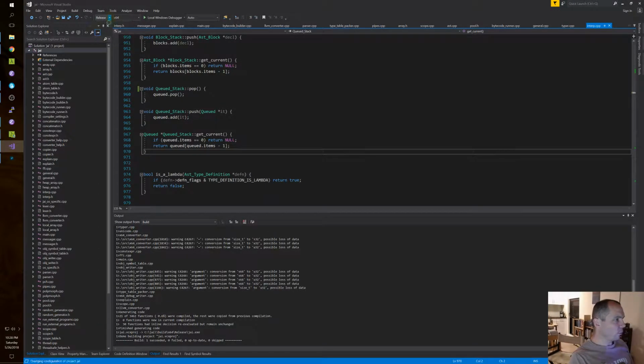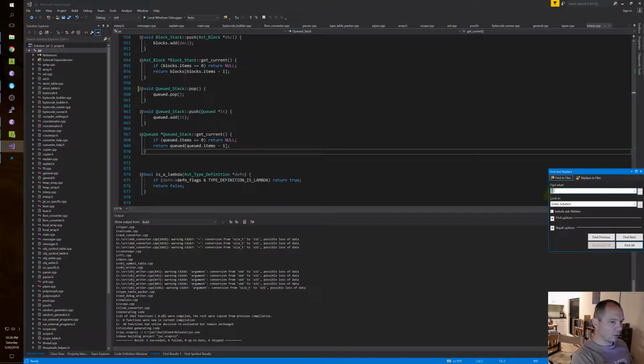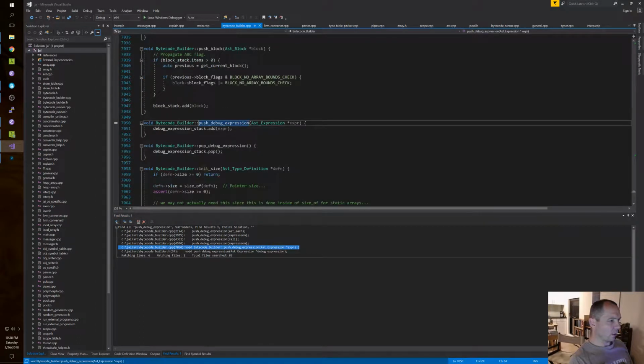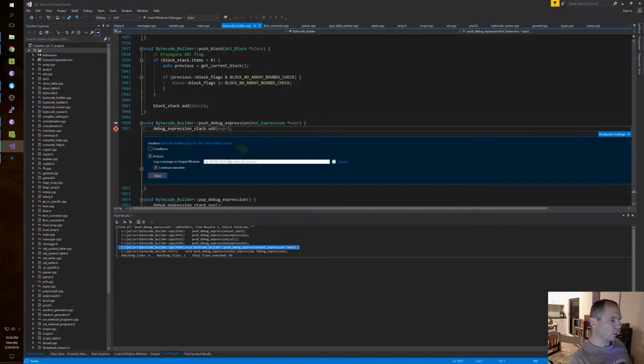So when we push debug expression, I was setting a breakpoint for when arrays got big, and I got shocked by how big this one got. So I'm going to go assert debug expression stack.items is less than, oh, I don't want to assert that. We'll set a breakpoint here.